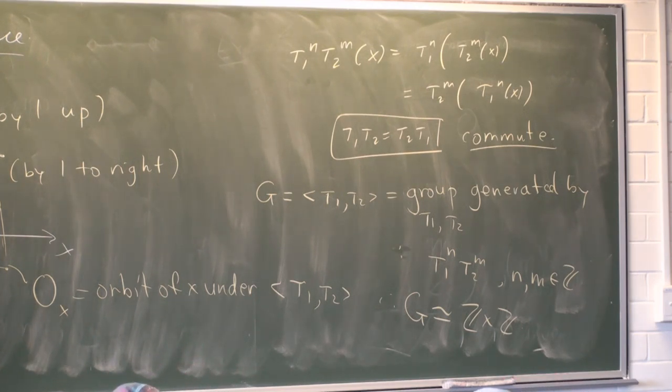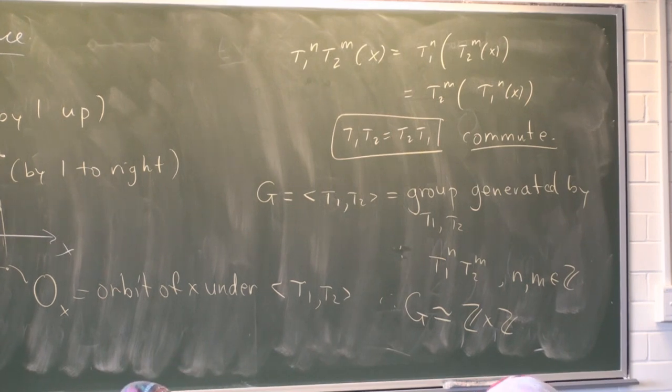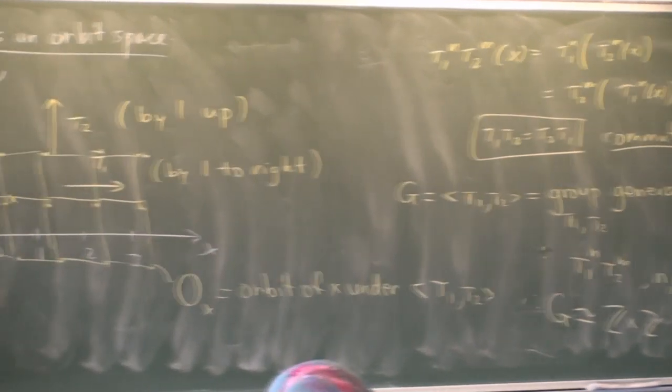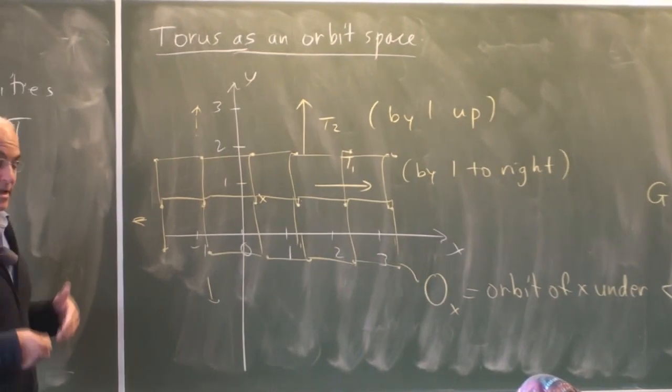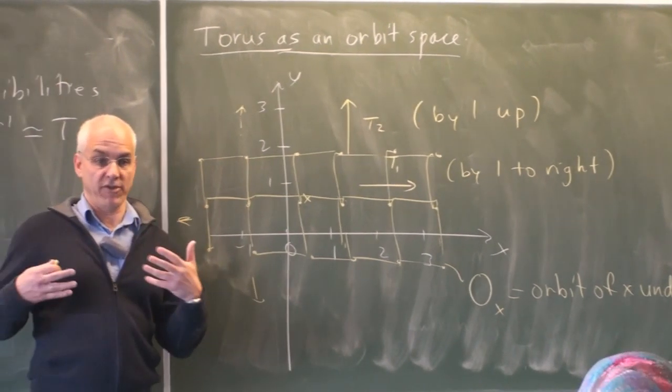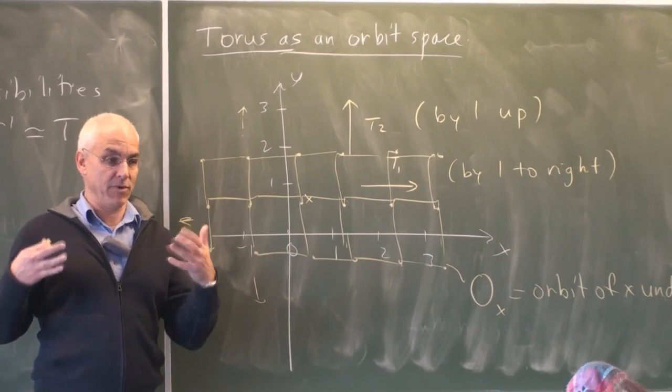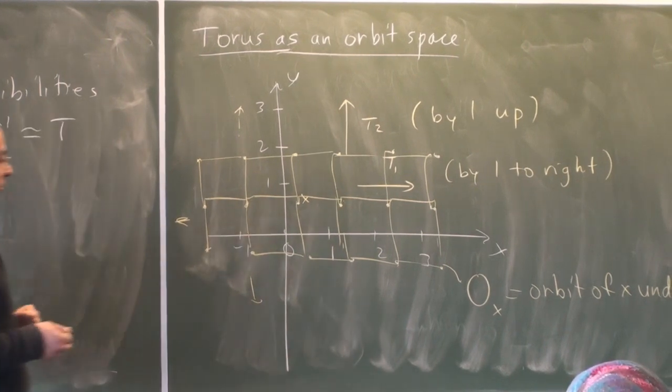All right, so now what we did for the cylinder is we said, all right, we have this orbit. We have this group of transformations. Now let's consider the space of all orbits, right? That was the ultimate thing that we're really interested in. Okay, so what's the space of all orbits over here?